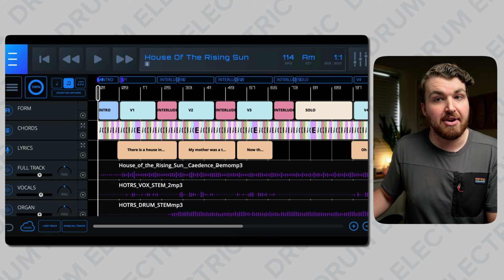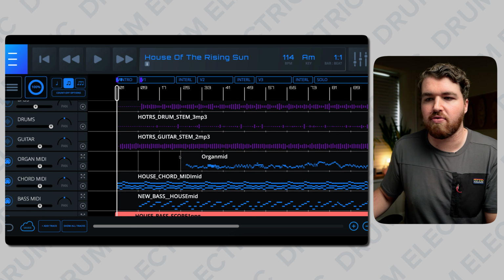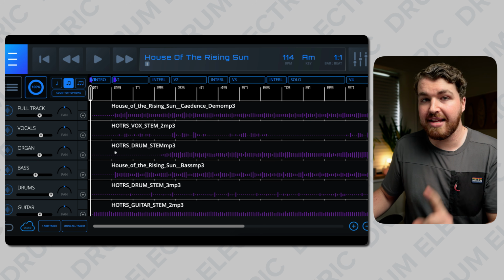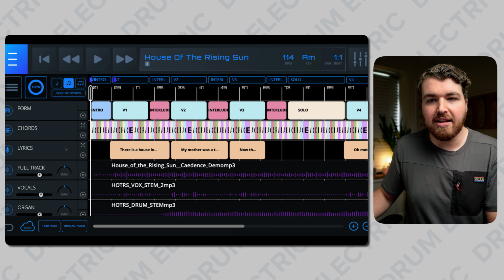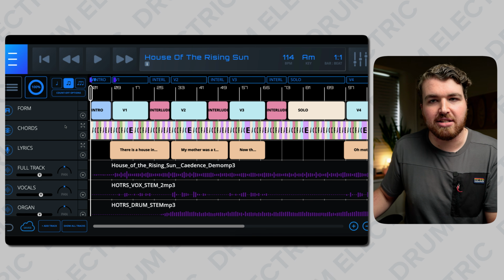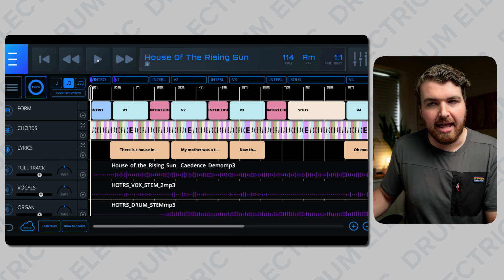Then down below is where it gets really interesting. So this demo is a great example of what it can do. So not only is it a backing track player, as you can see here, so here's all of your normal audio split out. You've then got things like lyrics and chords and the form. But if I hit play,